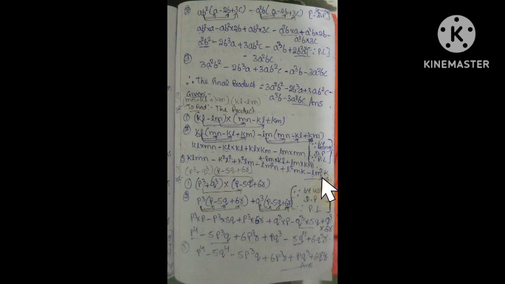Combining the like terms, we get the final product. But in the above expression there are no like terms, so this is the final answer. Therefore the final product is KLMN minus K square L square plus K square LM minus LM square N plus L square MK minus LM square K. This is the final product only. This is the third problem solution, it is over, and next we will go to the fourth problem.